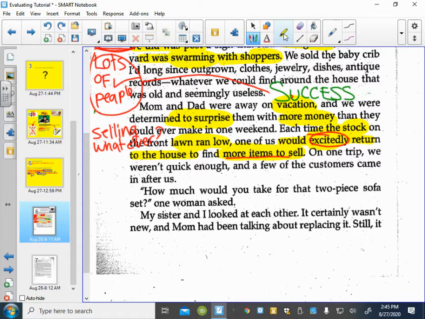So Eva's thinking, okay, their parents are away, so they're doing a yard sale while parents are away. It seems that they're selling whatever. If people would buy it, they would sell it.